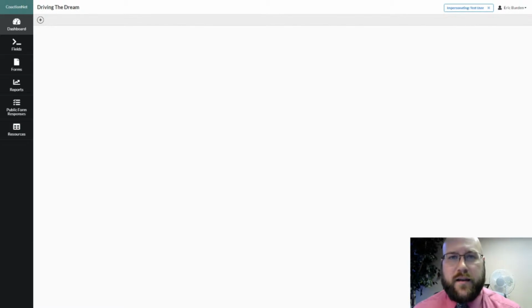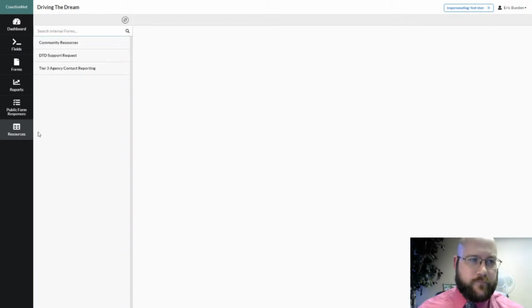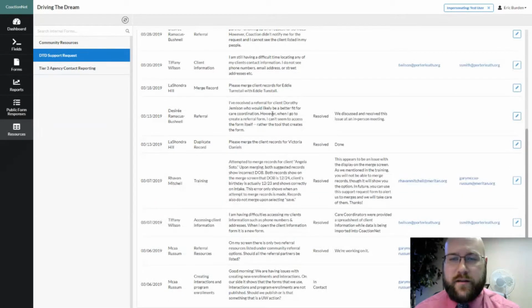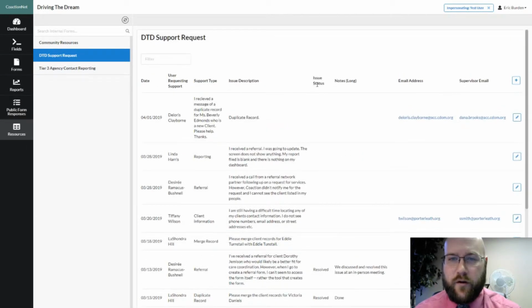In order to access the Driving the Dream support request form, open CoActionNet at dtd.coactionnet.com and choose the resources icon. There are a few options here, but the one we're interested in is DTD support request. So click that. You'll see a list of the support requests that have been added before, along with the current